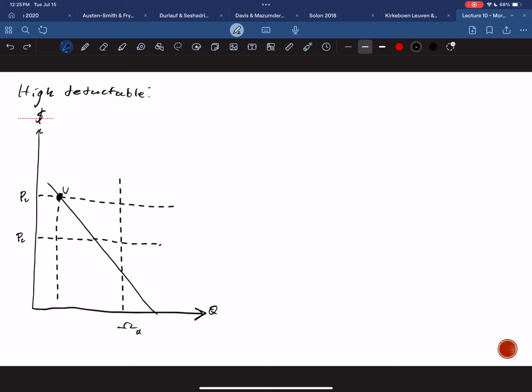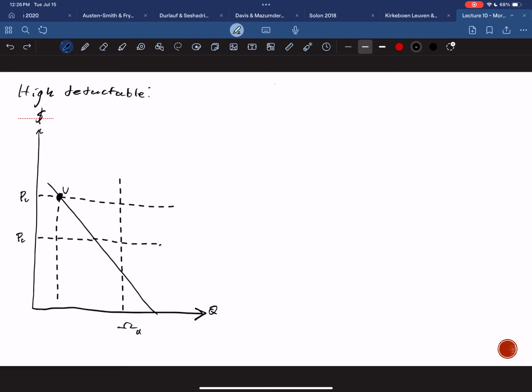Sure, right, you're on the hook for the first $100 of every doctor's visit, but this guy is never visiting the doctor enough for that to be relevant. He's just paying out of pocket for the doctor's visit each time, right? If he visited the doctor 300 times in a year, he'd meet his deductible, and then from then on, he'd pay $100 per doctor's visit. But he's only visiting the doctor once a year, and he's paying full price. So this guy is effectively uninsured, right? So he goes to point U, and there's no social loss, right?